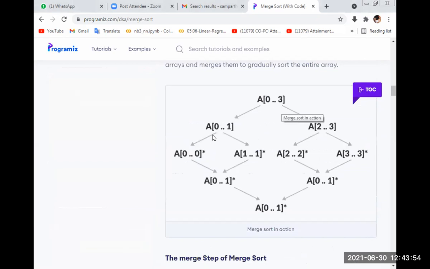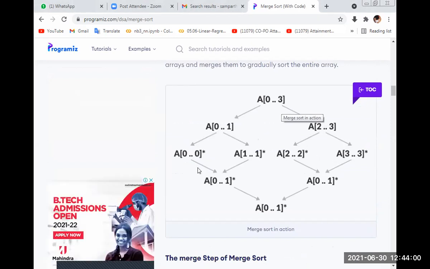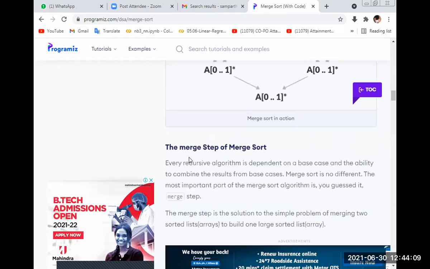Here it is divided into A of 0 1, A of 2, and A of 0 0, A of 1 1, A of 2 2, A of 3 3. Then you compare these two values and sort in ascending order. I sorted in ascending order, here also ascending order. Then we follow the merge.